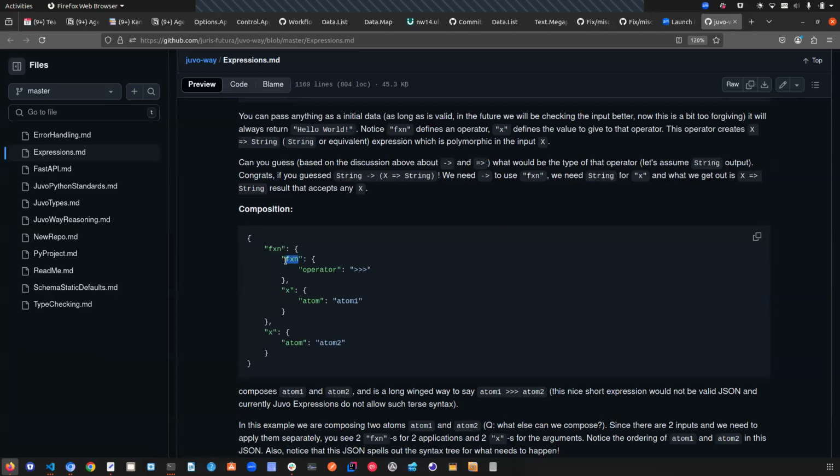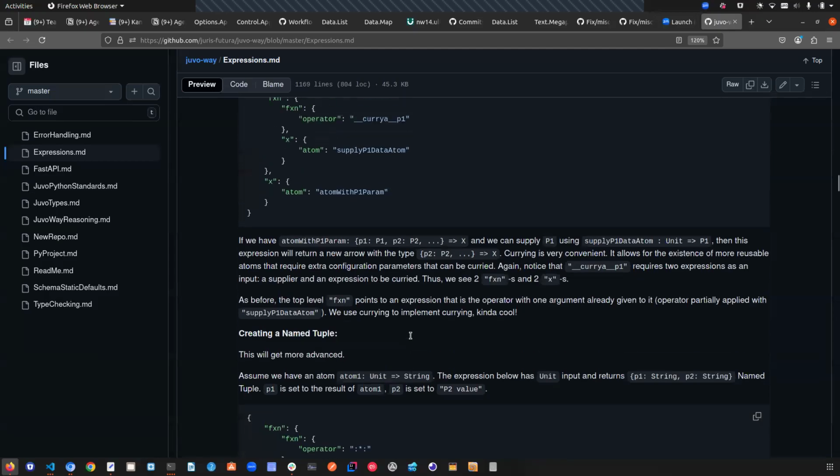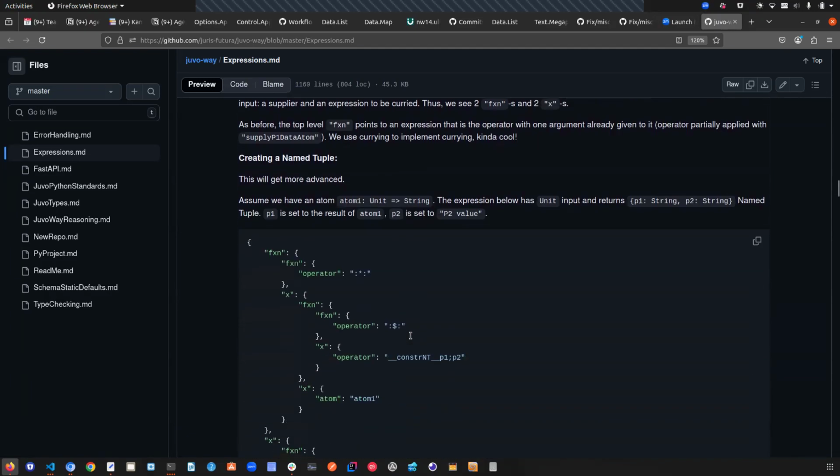Because it has two functions to apply, right? So you are composing atom 1 and atom 2. You have to take the composition operator, which has two inputs. So you apply the first one, the second one is left, so you apply it again. That became quite cumbersome. So here is